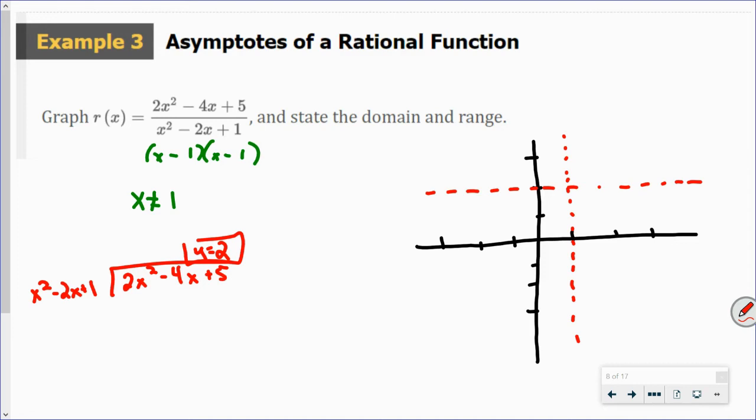We can plug in points. We can make a table of values and see, okay, is it going this way? Is it going this way? Does it cross? What's it do? So in our table of values,